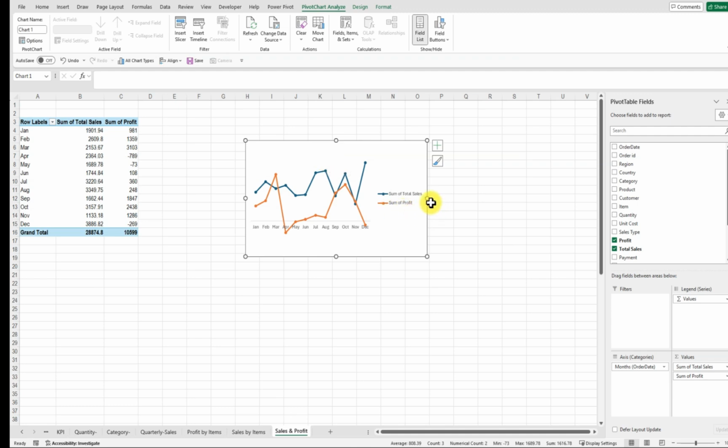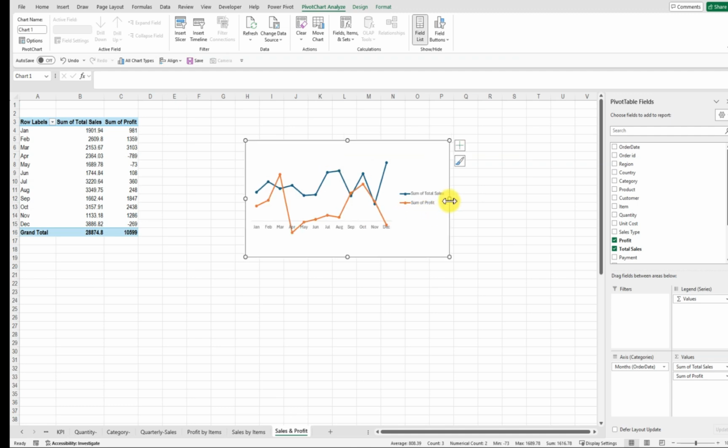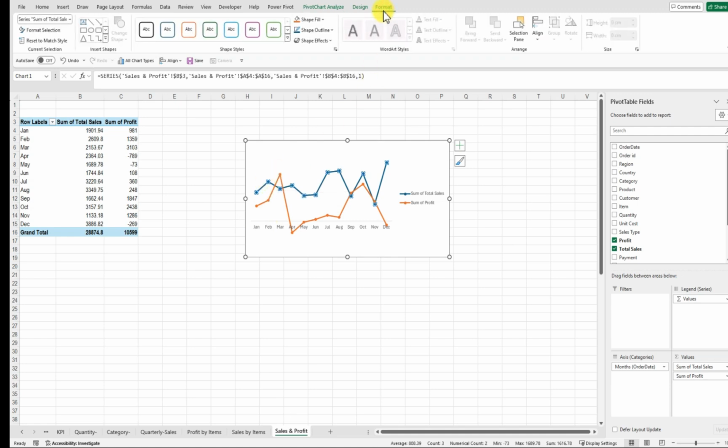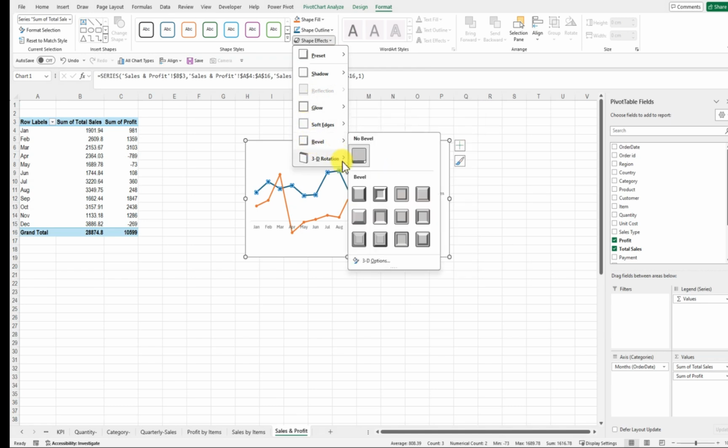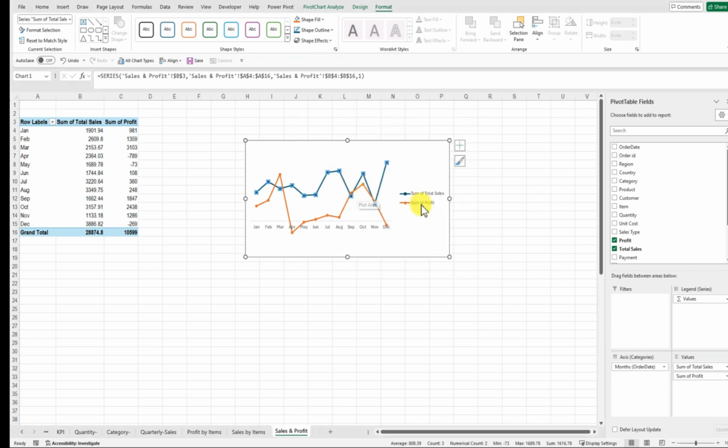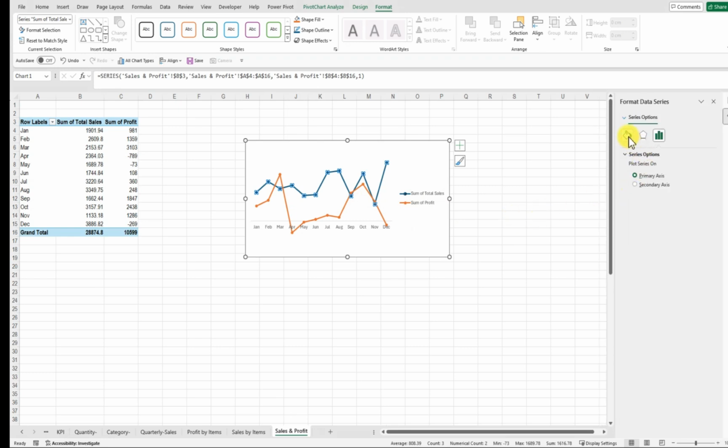Let's remove it, and let me expand it a bit. I'm going to click on everything. It is fine. I just want to see that everything is actually fine because we are from January. That's good. I'm going to click on this, and I'm going to format this shape, and I'm going to bevel, and I'm going to use this. So what next I'm going to do is press Ctrl+1, and I will come back to this,